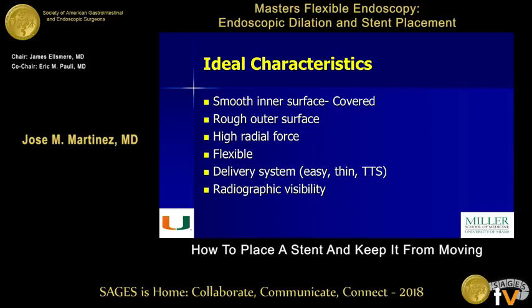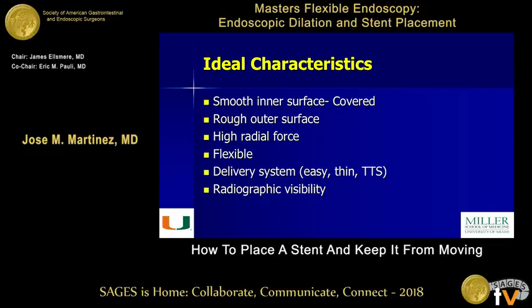When we're talking about a stent, what do we want in a stent to make it do what we want it to do? Obviously, the reason for it is an obstruction, so we want it to be smooth on the inside so it doesn't get clogged up. Some of the early versions of stents would get placed, but then they would clog up, so the patients had no clinical success. The big thing we're going to be talking about today is migration, so therefore